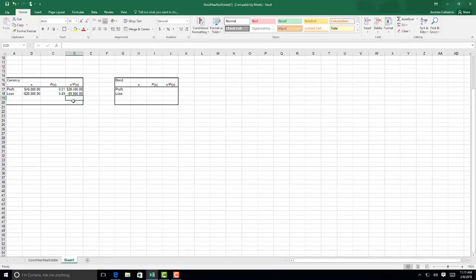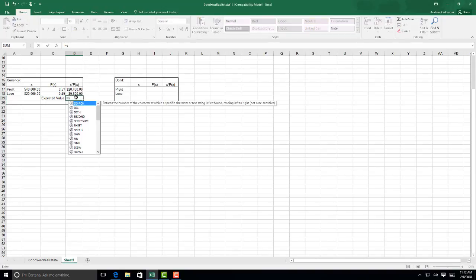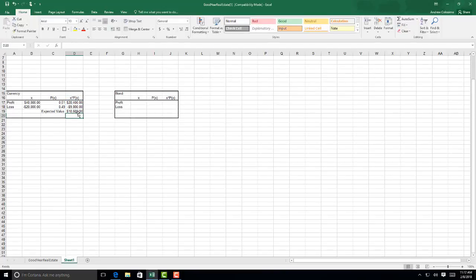So what we're doing is we're solving for the expected value. In this case, the expected value, and once again, as I said before, you can use the sum as well. We have the expected profit of these two outcomes is $10,600. Now for the bond, we have here,